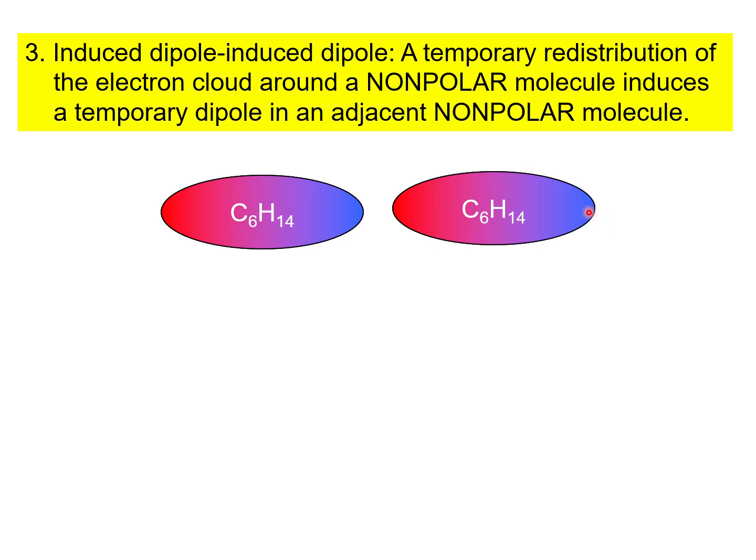The blue means more negative, which leaves the other end being slightly more positive. Now that polarization of the molecule will induce a polarization in an adjacent molecule. But since it's just temporary, the electrons can go back to being more or less symmetrically distributed, and then maybe they end up being polarized in the opposite direction. So this kind of goes back and forth. With nonpolar molecules, the only intermolecular force they have is LDF,